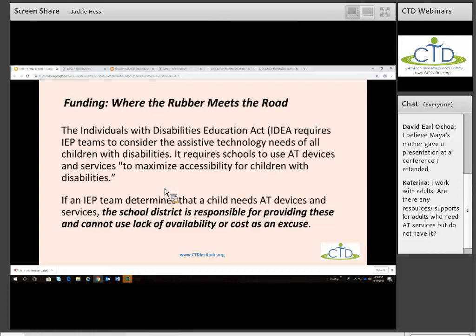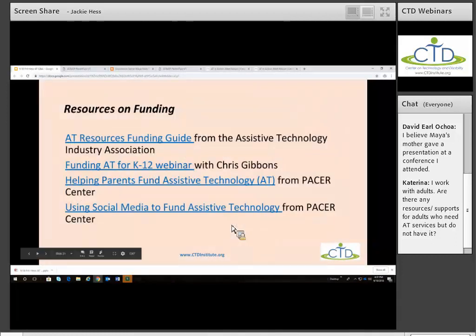That said, this is a law that is widely scoffed. And I've heard any number of principals say, look, I only have so much money to divide among X number of students, and you really think I'm going to spend $500 on one of them? So this is not yet a perfect situation. Partly as a result of that, here are some other resources about funding. ATIA has a funding guide that's not at all specific to students. It addresses adults and